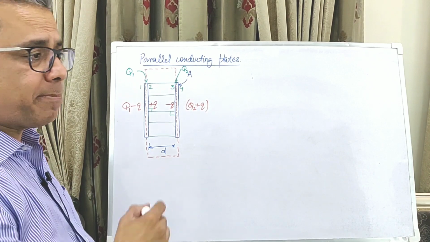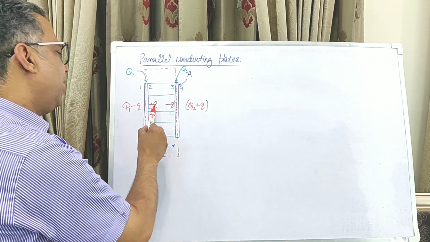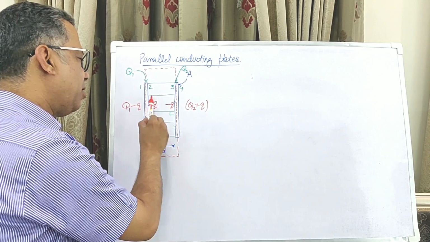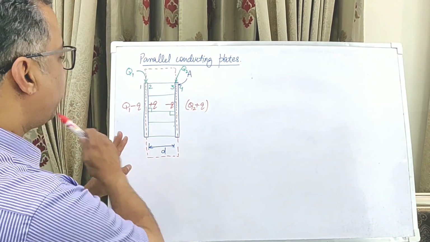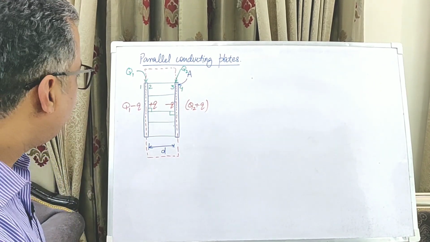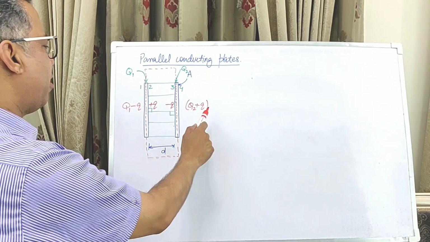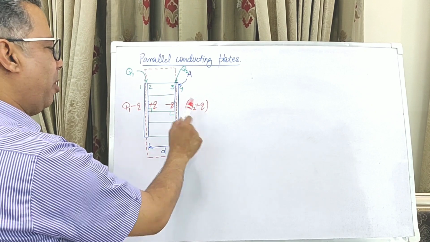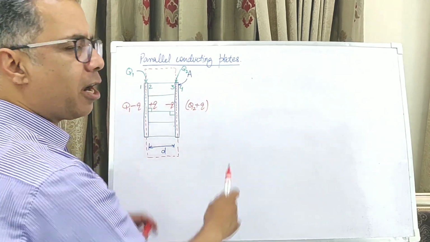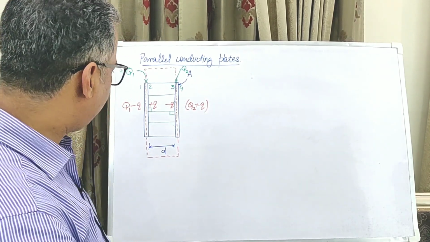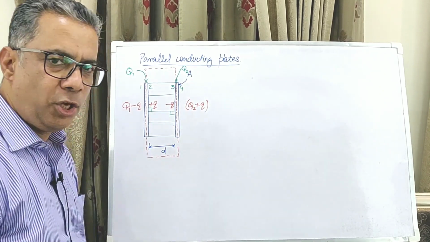So now we have a far better idea of how much charge is there on each surface, and if we are able to calculate the magnitude of small q, we will actually know the amount of charge on all of these surfaces. So 4 surfaces, 4 different charges, but they all depend on small q. And if we calculate small q, we have the charge on each of the 4 surfaces. Now to calculate this q,